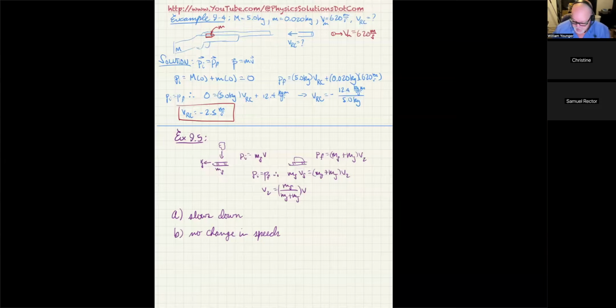And part of what I did when I first introduced chapter 9 was let you know that impulse is really the change in momentum, the delta p. And delta p equals the integral of dp from p initial to p final. But because Newton's second law says F equals dp over dt, it is also equal to the integral of F, the net external force, times dt. So impulse is both of those things. An area under the curve of a total force versus time diagram is impulse, but also change in momentum is impulse. So we keep that in mind.